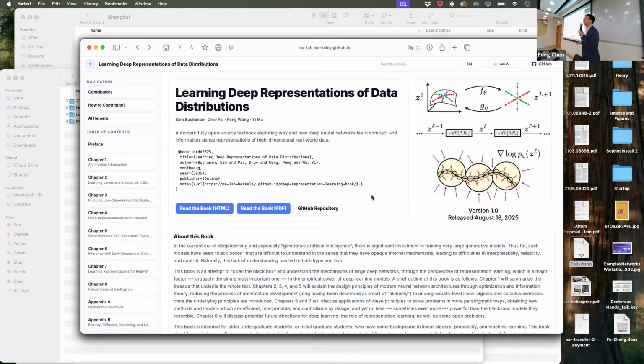Everything is open sourced, including the LaTeX and HTML files. Everything is open on GitHub. A lot of people are already contributing to find errors. If you find anything wrong, you can submit a pull request to change it. Even something as small as typos, or any suggestion where you find something factually incorrect, you can contribute, right?